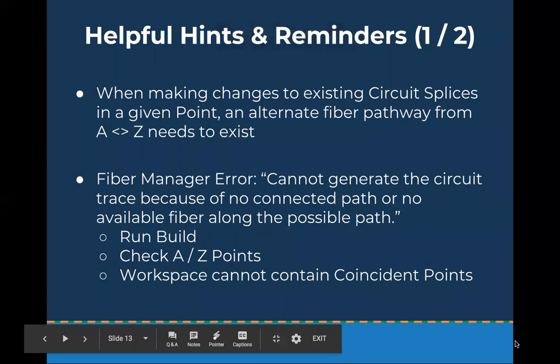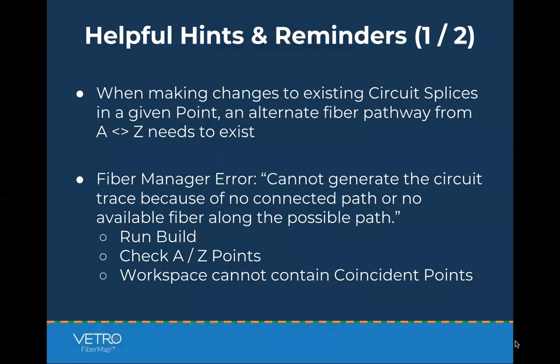When you're making changes to existing circuit splices in a given point, an alternate fiber pathway from A to Z needs to exist. So if you have a circuit established and you would like to resplice through an FAT, say you're on strand 2 to 3 and you would now like to splice from 2 to 4, the one key in order to do that is that across that entire pathway, A to Z, 4 is connecting the entire way. Whatever strands you're relighting have to have an available pathway the whole way,